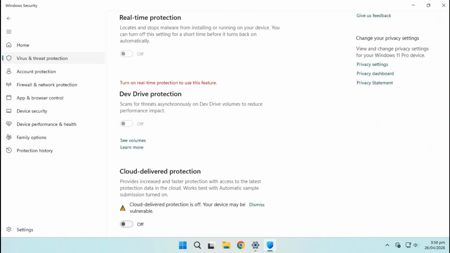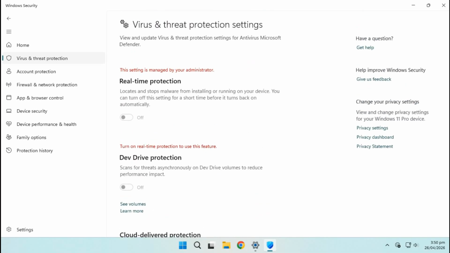In this video, I will show you how we can disable Windows Defender permanently so it never deletes or blocks